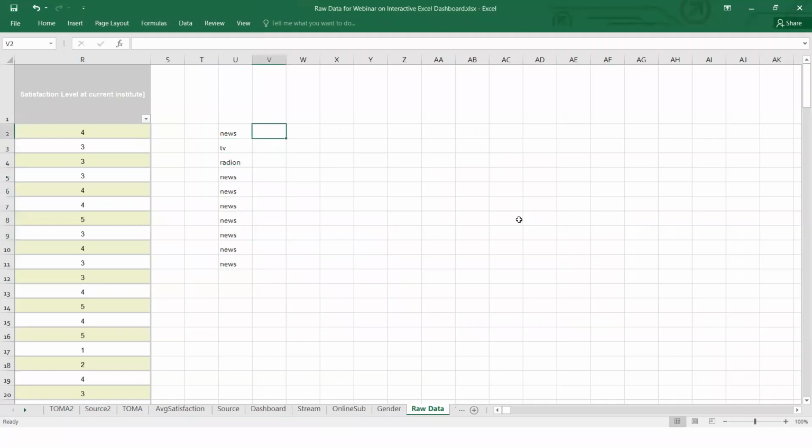You want to convert news into 0 and 1. So you basically put an IF function, like this.